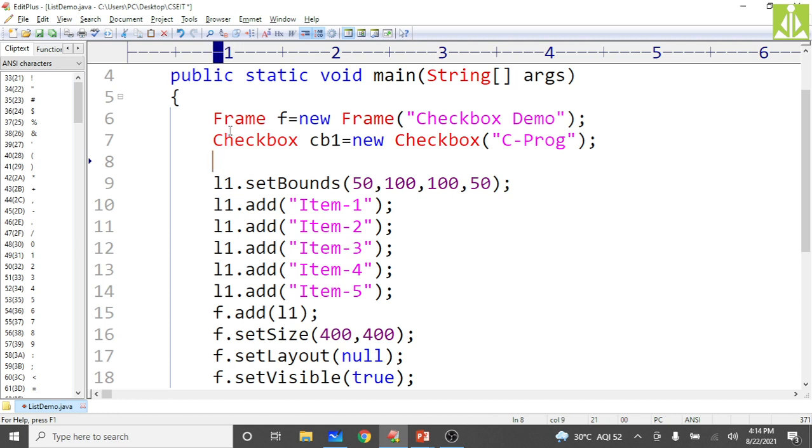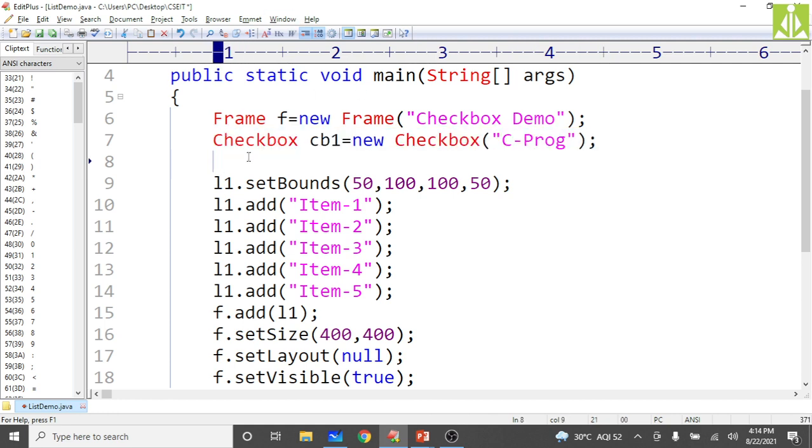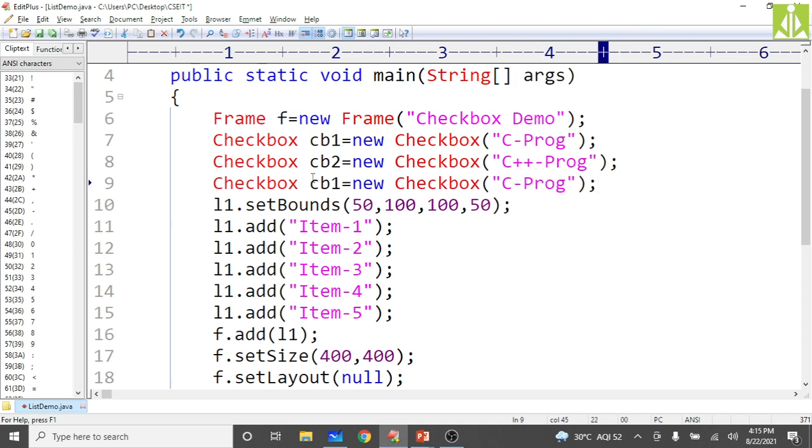Now create another checkbox, CB2. Make it C++ programming. Take another one, CB3, make it Python, or Java. Okay, Java programming, like this. Now what we have to do, set the